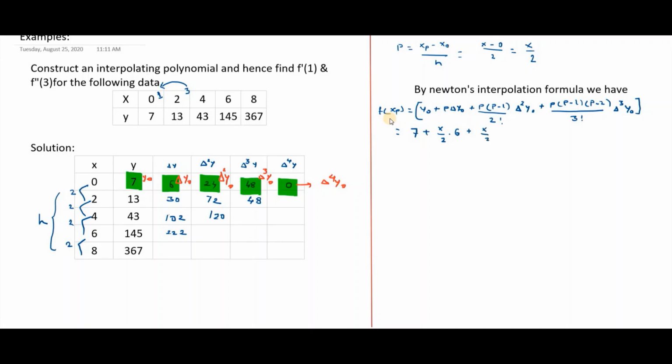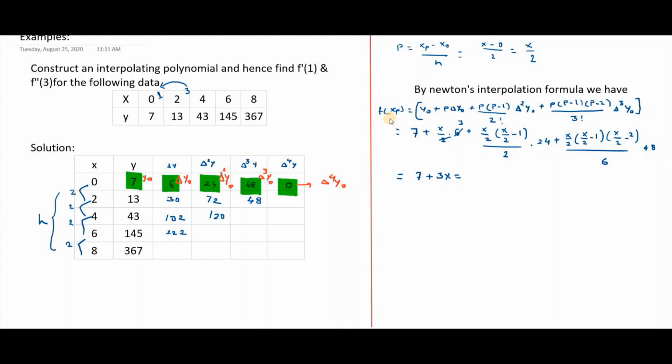by 2, p minus 1 value is x by 2 minus 1 divided by 2 factorial is 2, and delta square y naught from table you can write it as 24, plus now p value is x by 2, p minus 1 value is x by 2 minus 1, and p minus 2 value is x by 2 minus 2 divided by 3 factorial is 6, and delta cube y naught value is equal to 48, and this is equal to, I will write 7 plus, here these 2 1s and 2 3s get cancelled, so here we are left with 3x